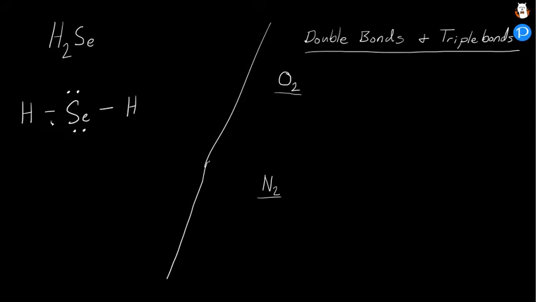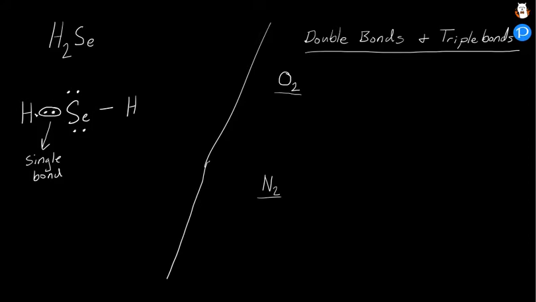And last week we learned about how a single bond is essentially just two shared electrons. So this bond right here is made up of two electrons. So if I were to actually redraw this like this, we've got these two electrons here, one electron from selenium, one electron from hydrogen, and these two electrons here will spend some amount of time around hydrogen and they'll spend some amount of time around selenium, and that way